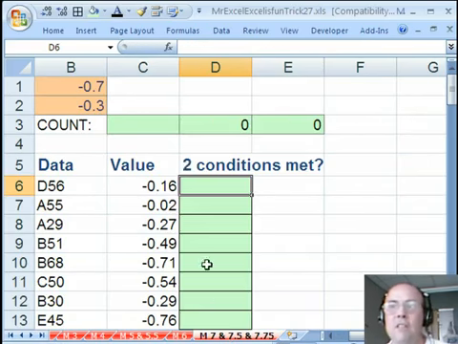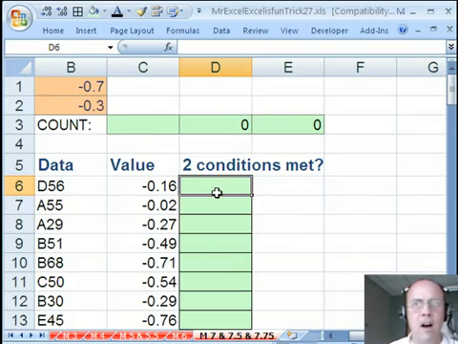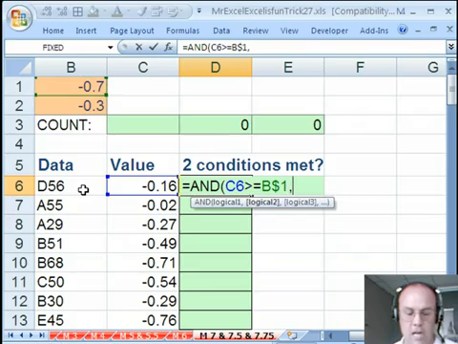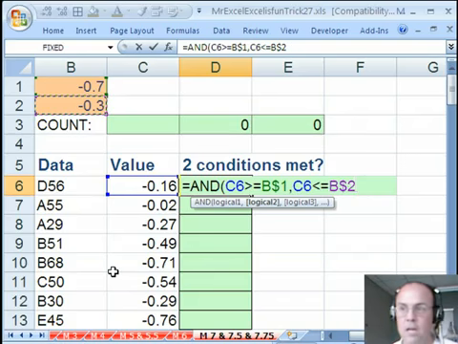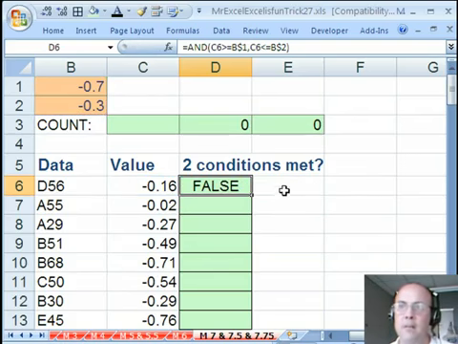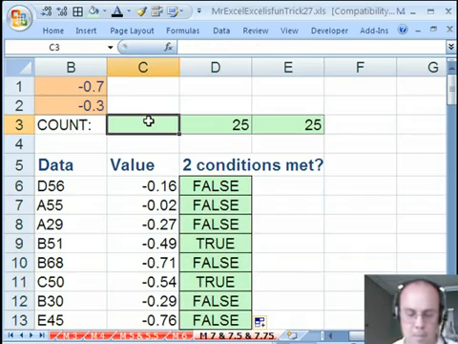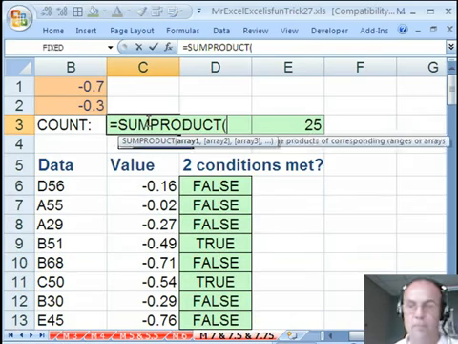Now look at this. The beauty of this function is it is faster calculating than all of the other ones. 25. Still another method. If we come over here and go back to the original question, how do we use AND? We'll just add a column and say, are the two conditions met? First, is this greater than or equal to this? And use my F4 key. Then the second condition is, is that less than or equal to this one, and use my F4 key. Copy that all the way down. When both conditions are met, it'll give us a TRUE. Now we just come up here, use SUMPRODUCT,